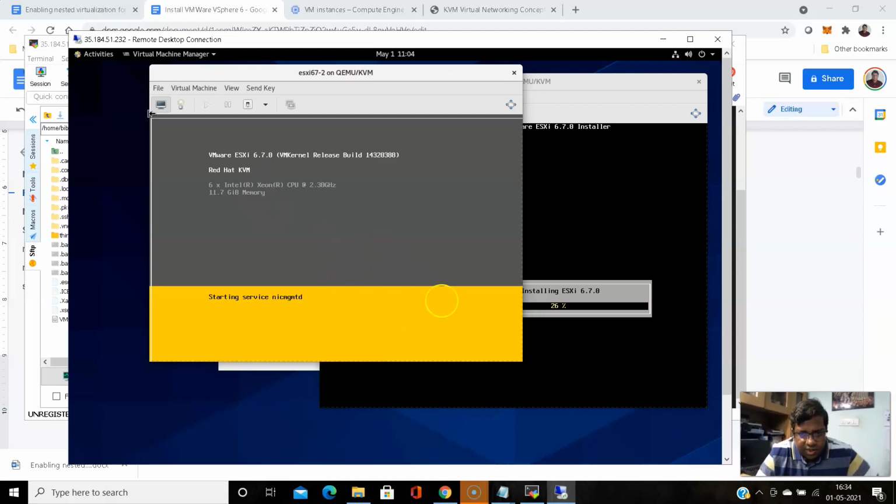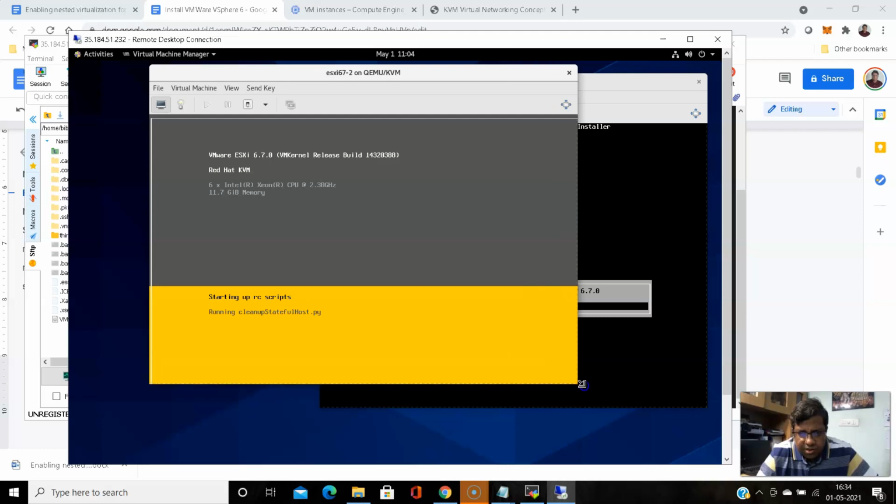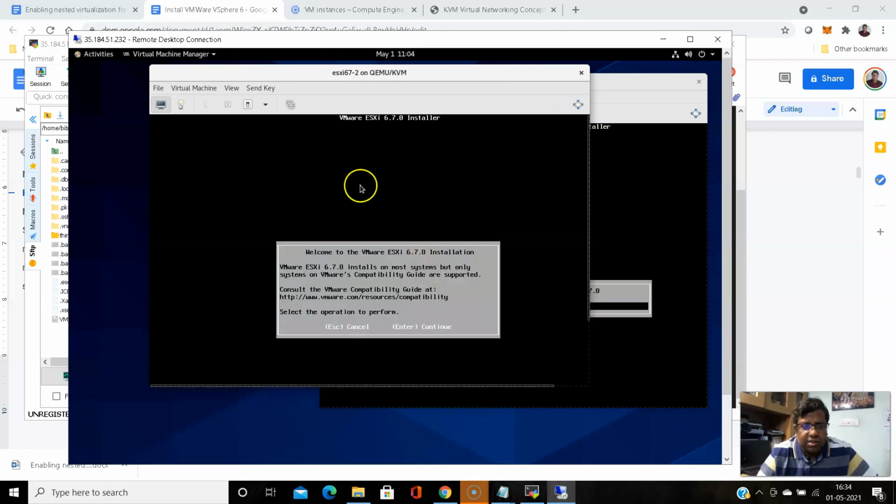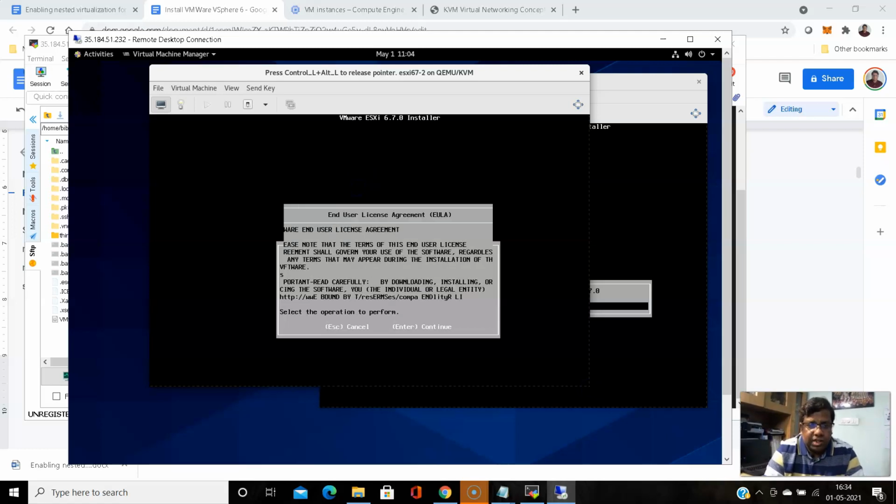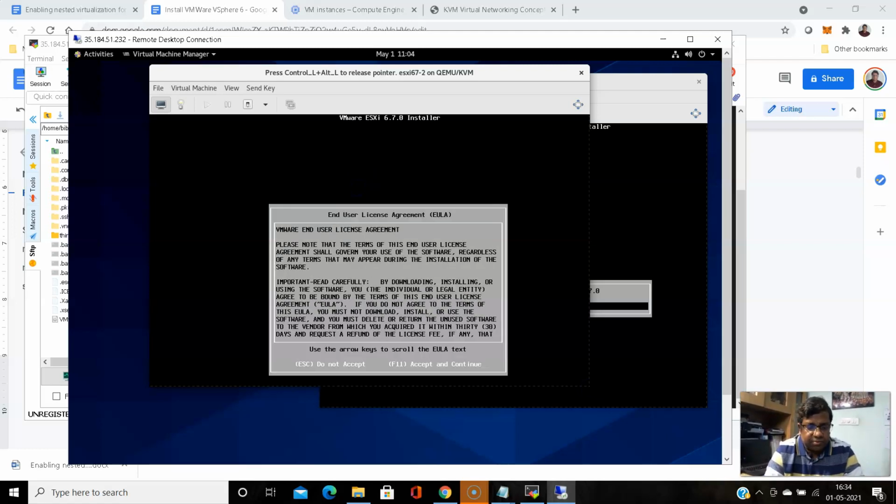So let's expand the window a little bit. That's fine. Yeah, it's ready now. Enter. Guys, this is pretty fast, not a slow one, because if we install the same thing on our home desktop or laptop, it will be much slower. We have given plenty of memory. 60 gigs of memory is given in this